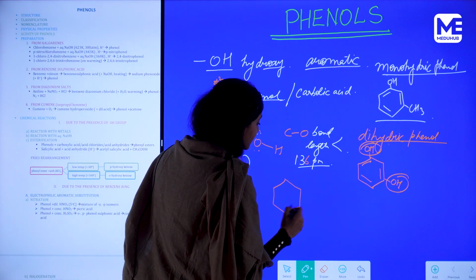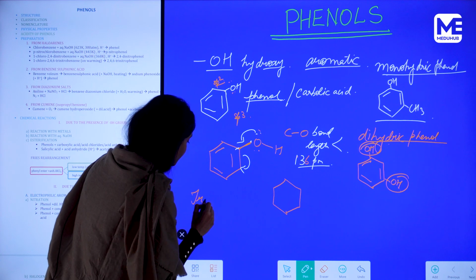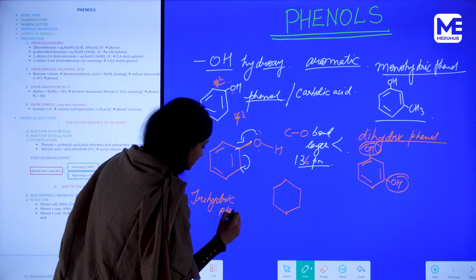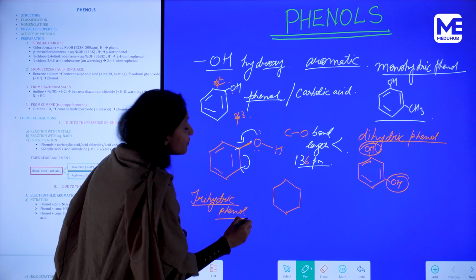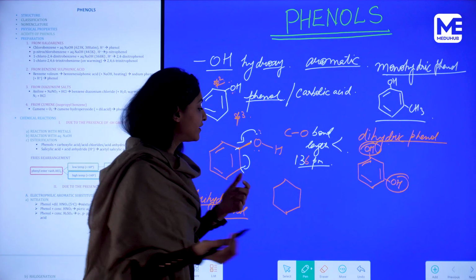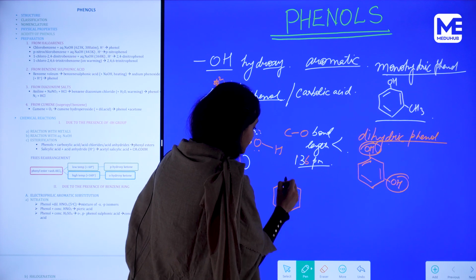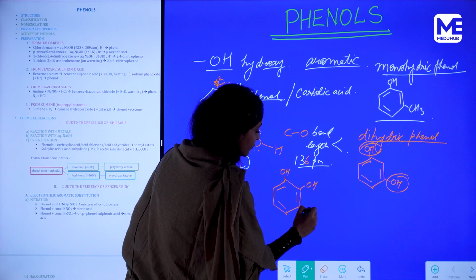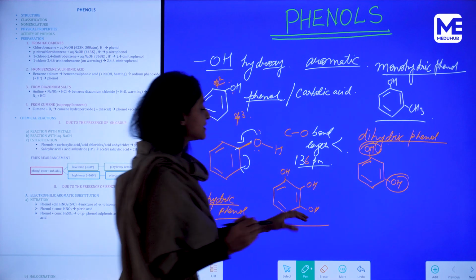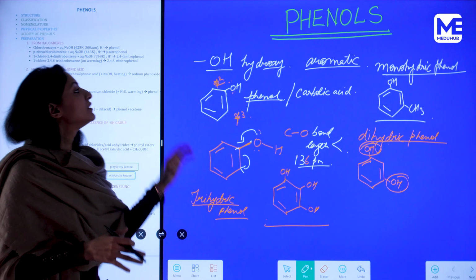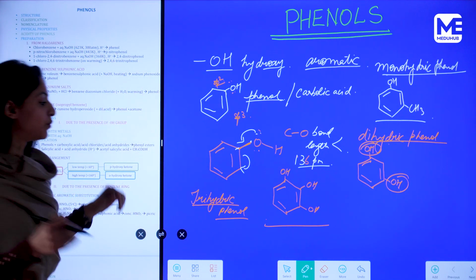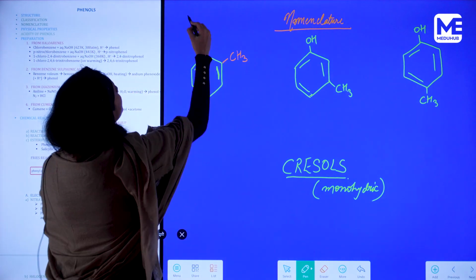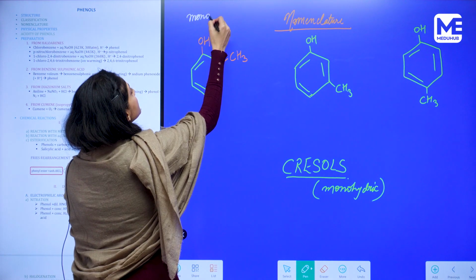And the third category is called a trihydric phenol. In trihydric phenol, as the name suggests, three hydroxyl groups are there. For example, this is the benzene nucleus and three OH groups are attached. So this is a trihydric phenol. So let us see how phenols can be named. What is the nomenclature? So if we talk about monohydric phenols,